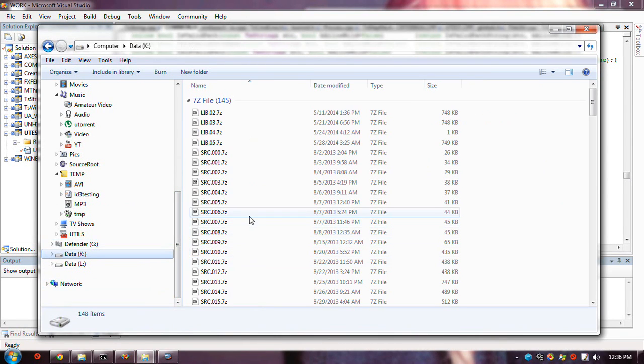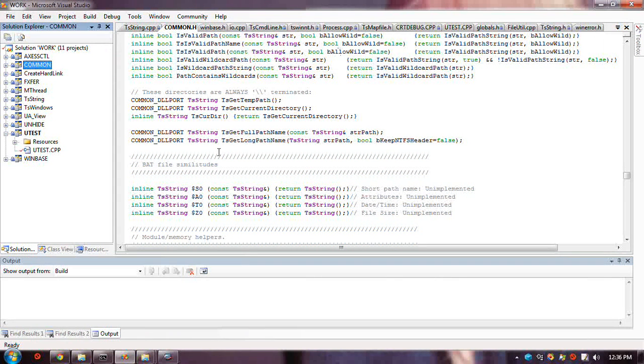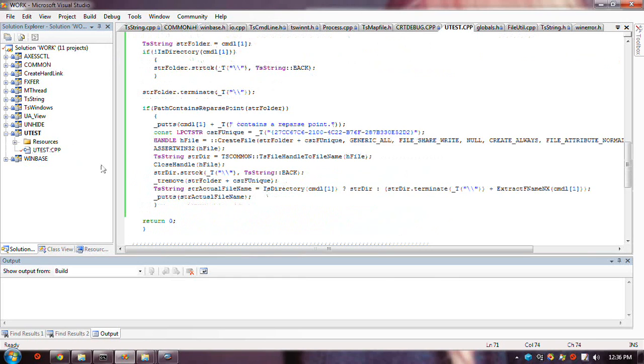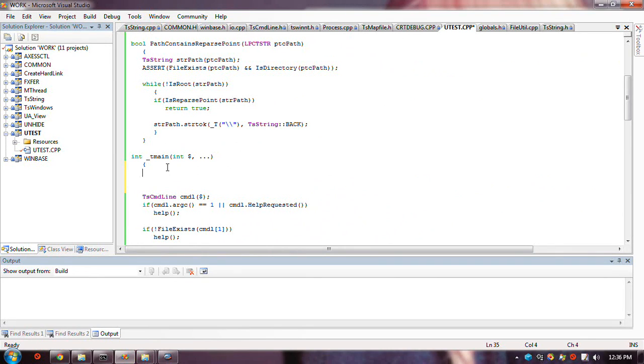Okay, so I can take this here, copy this path, run my unit test, and that function get long path name should resolve that and tell me where it really is.